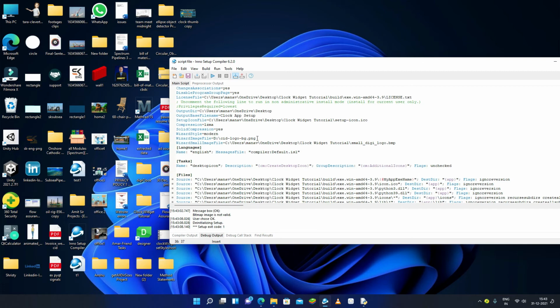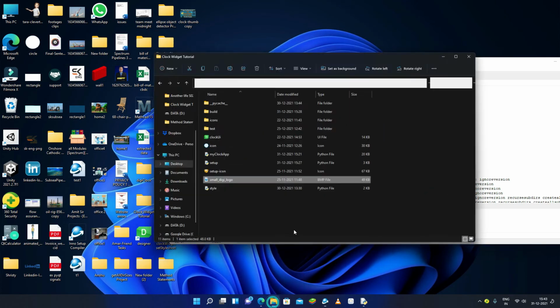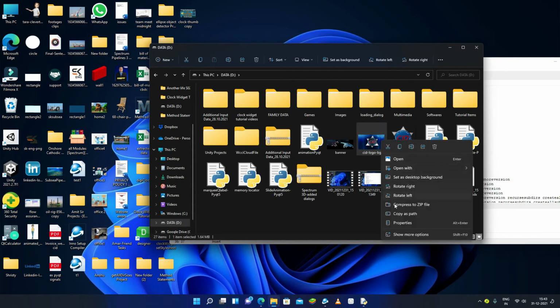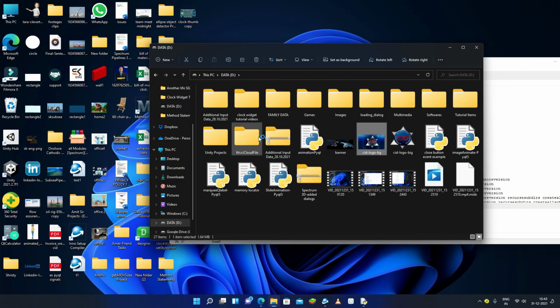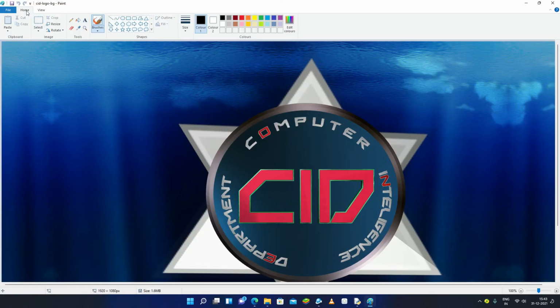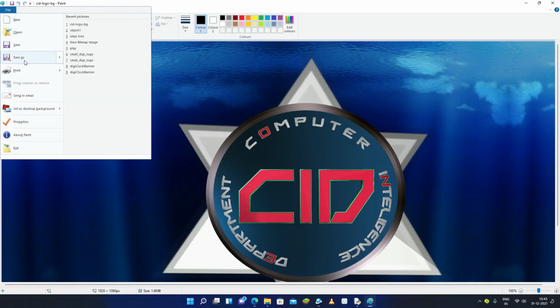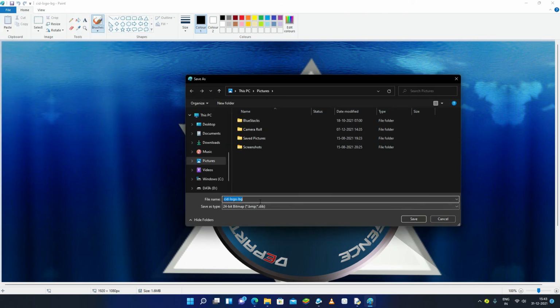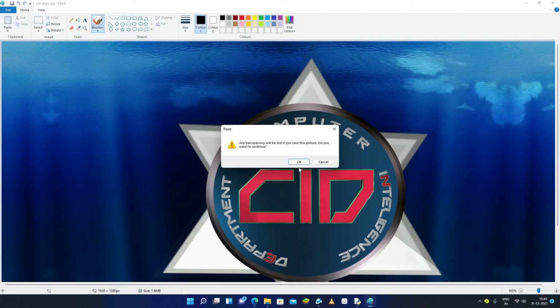For right now, what I can do is open my D drive and open the image with Paint. Using this, I can convert it into a BMP file, save as BMP picture, and make it like this.